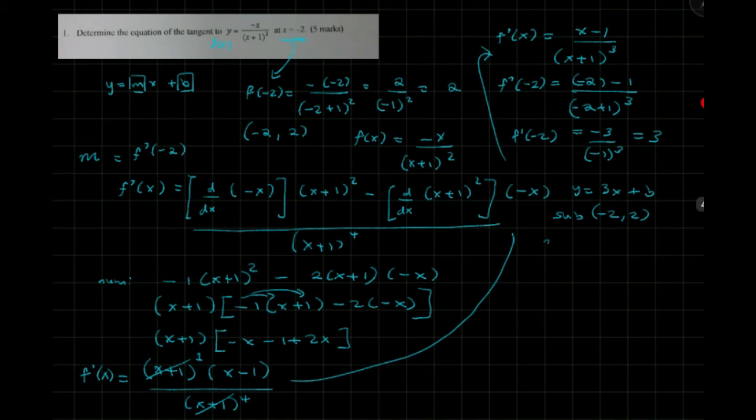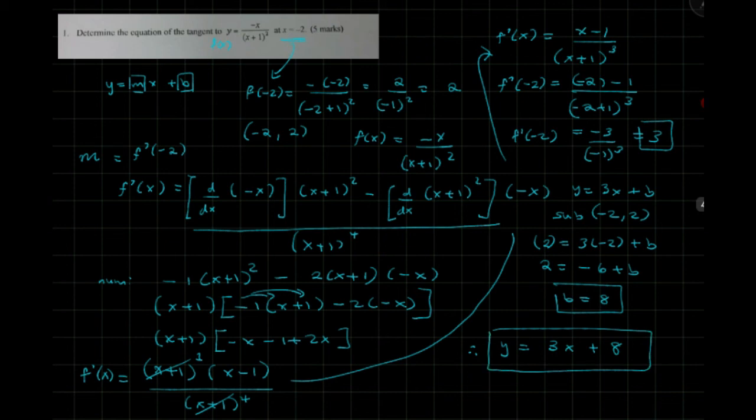So if I plug this in, we basically get 2 for y is equal to 3 times -2 plus b, and this is going to give us 2 equals -6 plus b. b is equal to 8. So therefore, we have b equals 8, we have slope equals 3, so the equation of the tangent, therefore, is y equals 3x plus 8. Okay, so that is the equation of the tangent to the